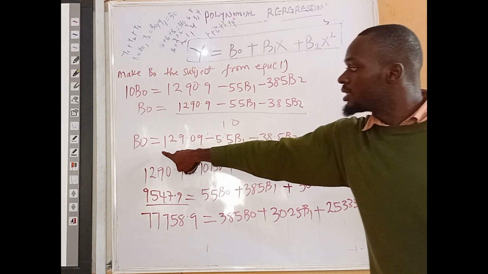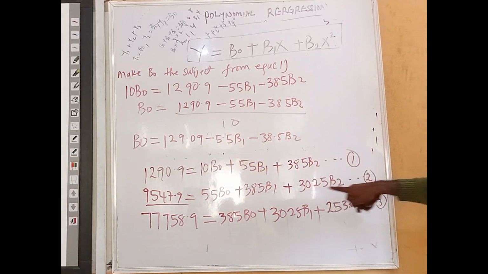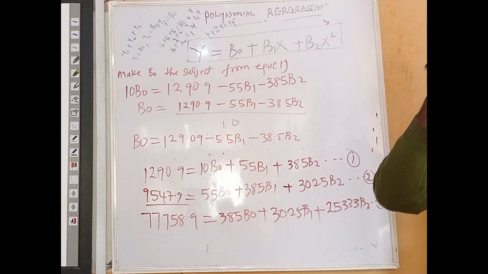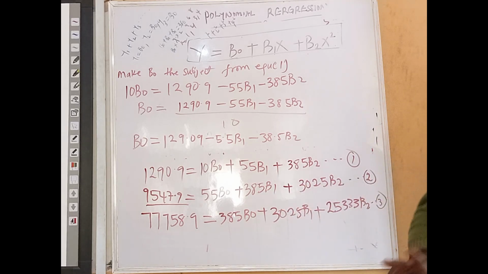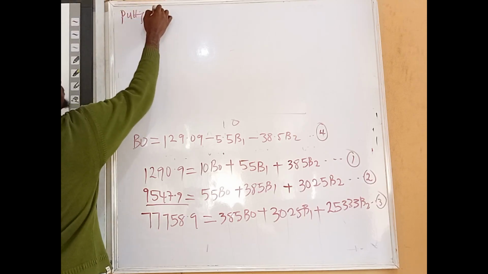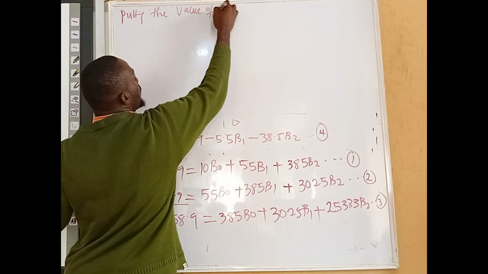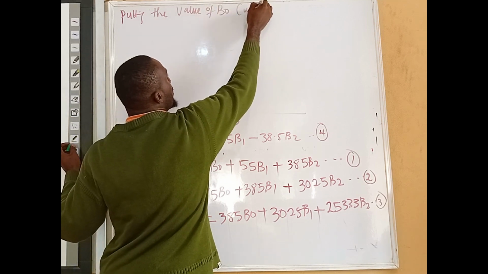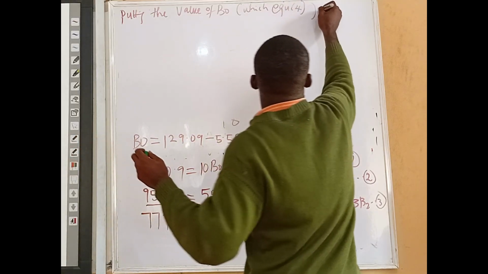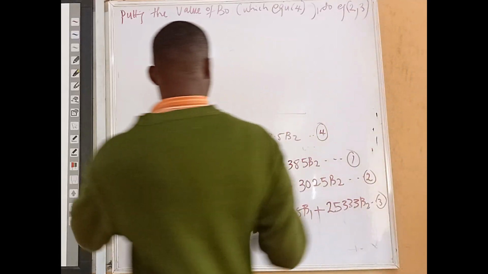So once you do this, you now take this B naught and replace it in equation 2 and equation 3. Now reduce it to 2 variables. You now solve this and this equation. So putting the value of B naught, which is equation 4, into equation 2 and 3. So this one will now have